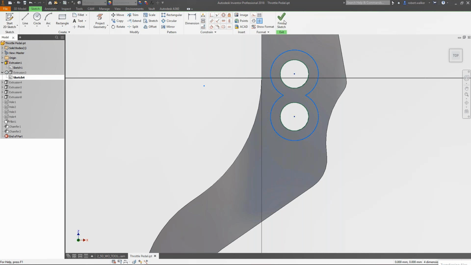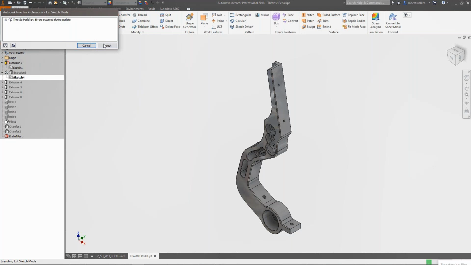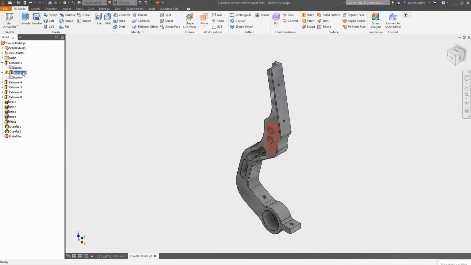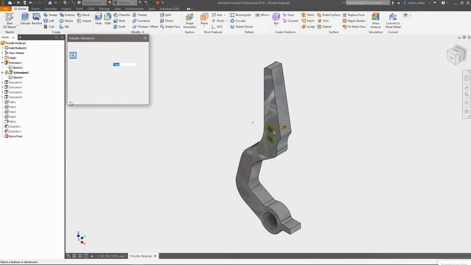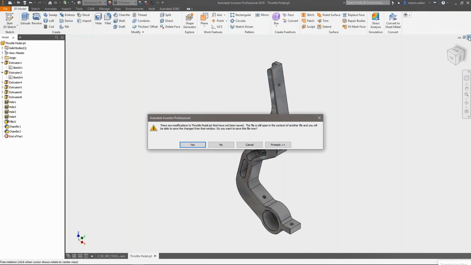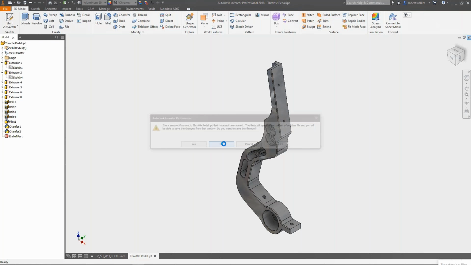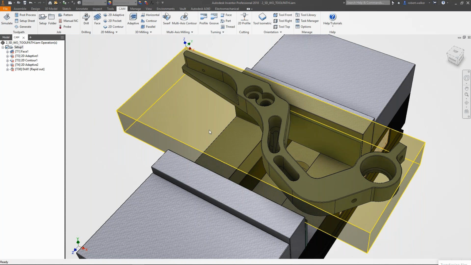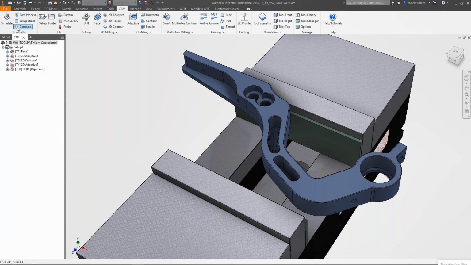So just removing the base hole did not suffice. I had to go and make changes to the sketch of the counter bore so that the counter bore on the hole that was removed also gets modified. Now, once this change is done, I move back to the CAM environment. You see that there is a change that has been shown, and I simply generate.